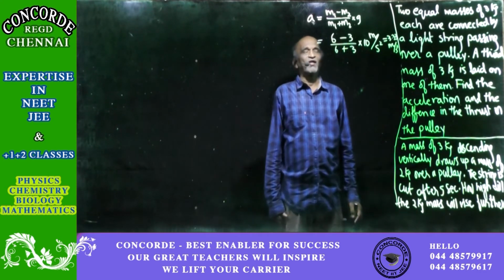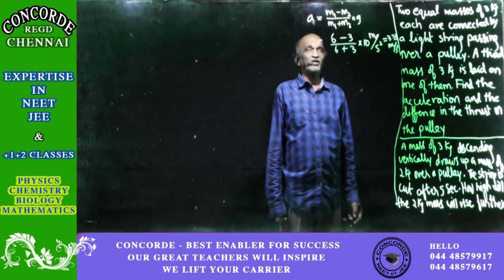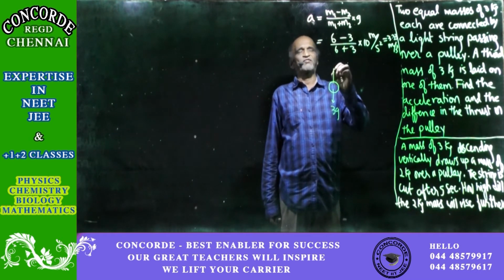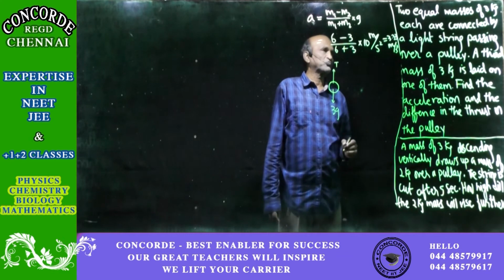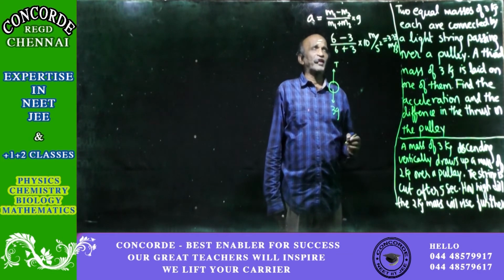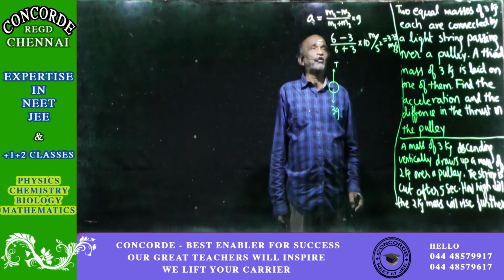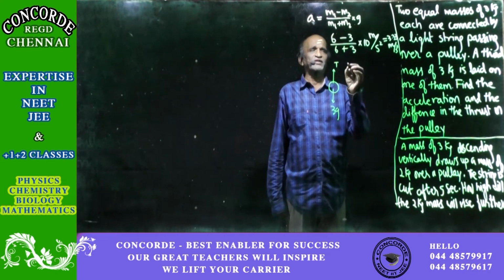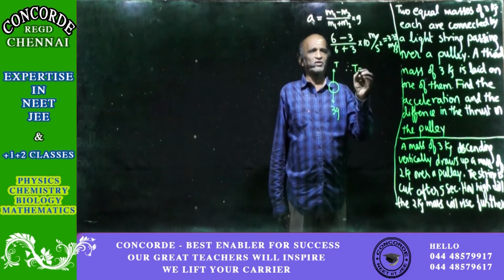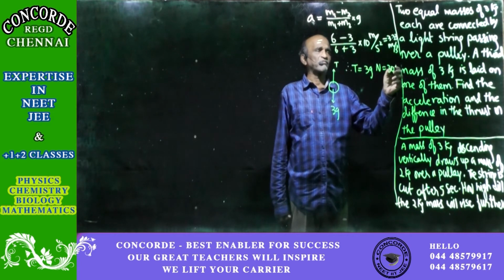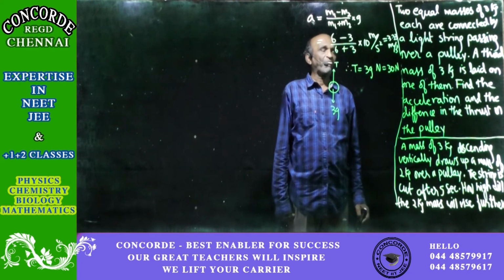Now thrust. You see, at the start the body is not moving. So what will be the thrust? Because the body is not moving at the start, on one side we are having 3g, on the other side we are having the tension T, because it is all at rest. On the other side also we are having 3 kg only when the body is at rest. So at rest means forces in opposite direction will balance, therefore we will get T equal to 3g newtons, which is equal to 30 newtons because g is 10. So that will be the value of the tension.